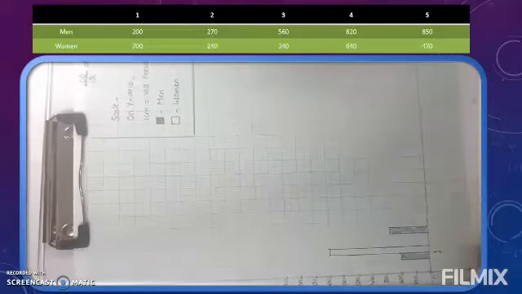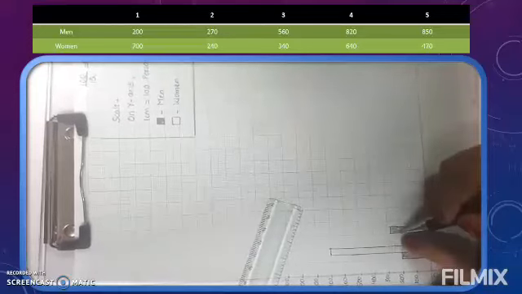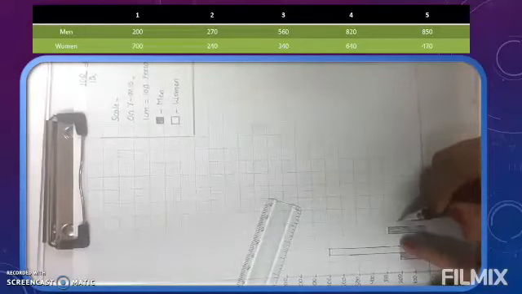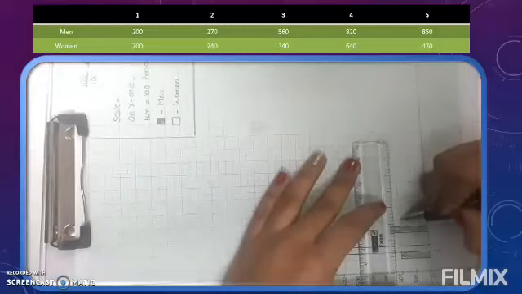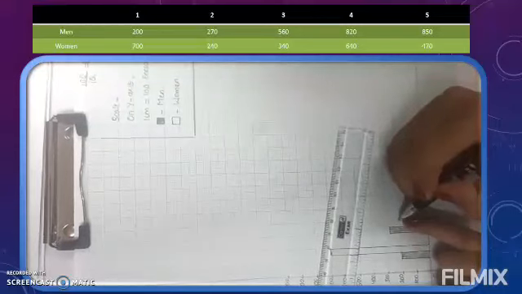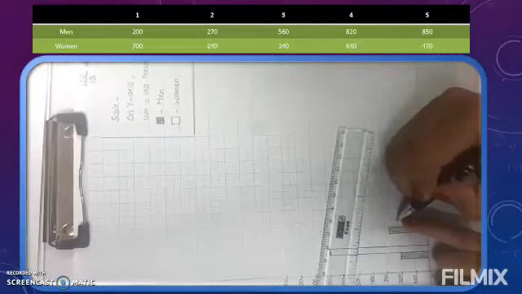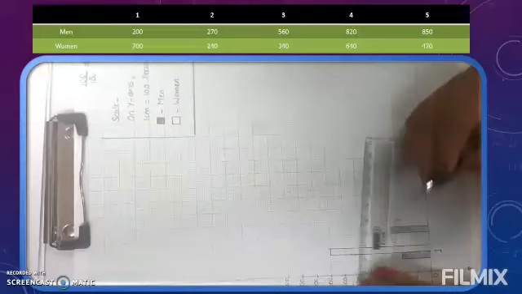Now next we will start women. How many women cast their vote? 240. So 240 means this is our 200. Otherwise look it here, check it here, 200. Then after that fourth thin line. How? Check it. This will be 210. Second line will be 220. Third line will be 230. And fourth line will be 240.